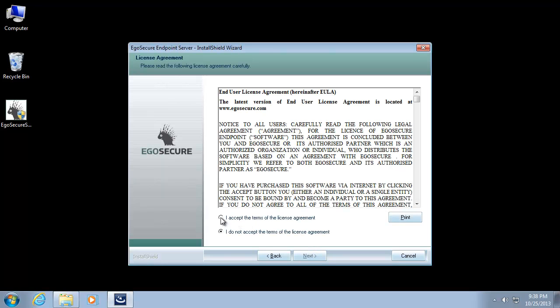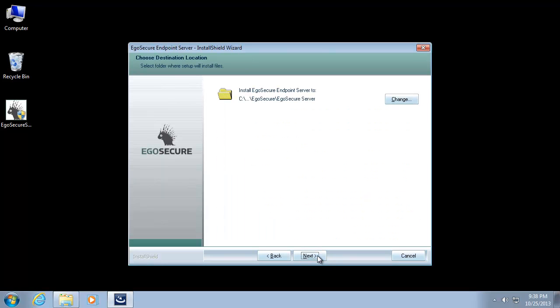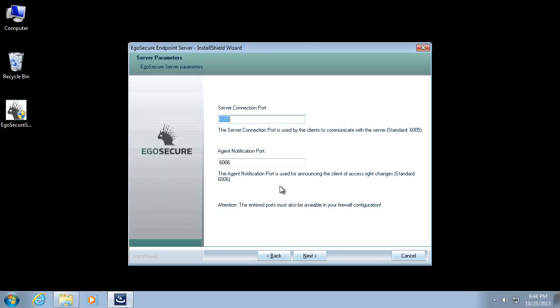First, we need to read and accept the license agreement. On the next step, we need to choose the destination location for EgoSecure Endpoint Server files. On the next step, we can configure server connection ports and agent notification ports. It's possible also to keep them as default. Just make sure that the firewall allows agent and server to communicate using these ports, and these ports are not